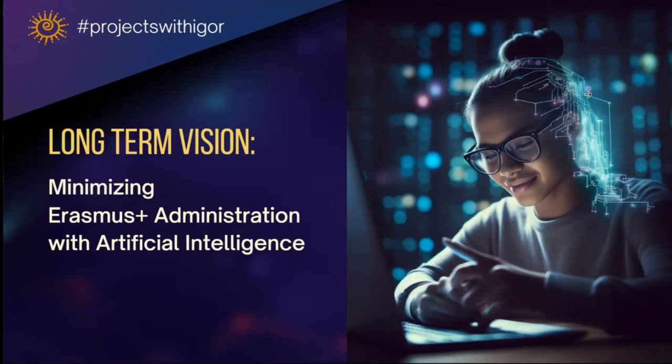And this could be artificial intelligence. So instead of writing a project for 2 months, we can write it in a matter of weeks or even days with the help of artificial intelligence. When we need to report things at the end of the projects, instead of doing 2 weeks or whatever time you need for the reporting, we can do this in 1 day or 2 days. So that is very important. This is a change. This is a breakthrough. And I will show you how we can do it together.